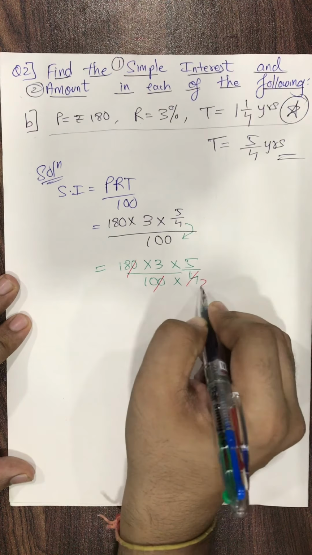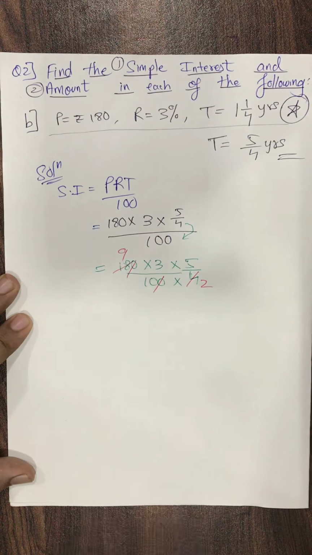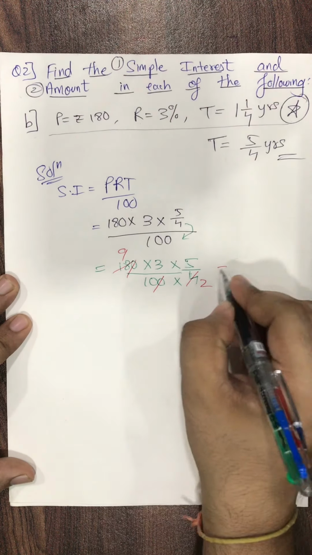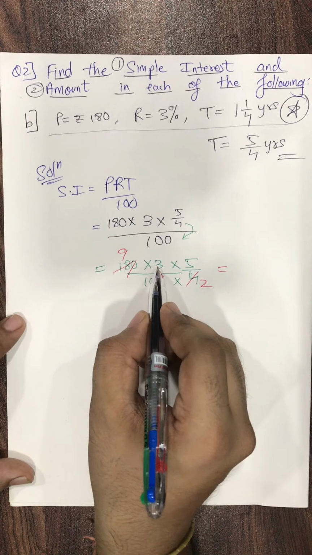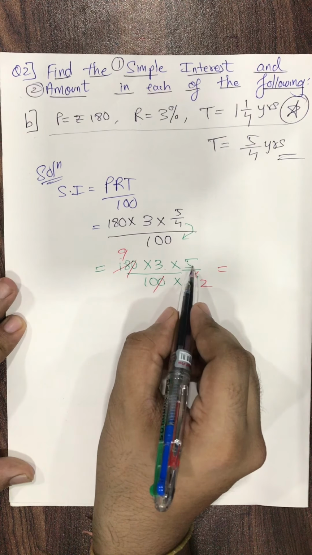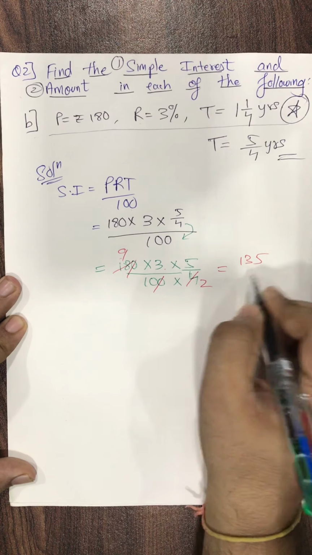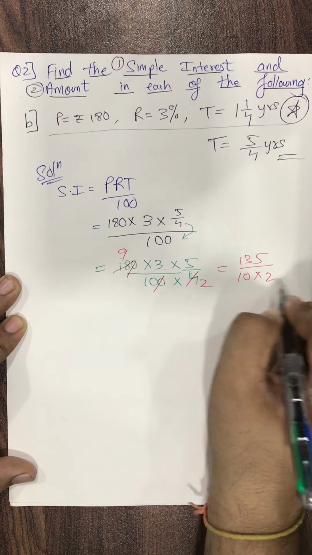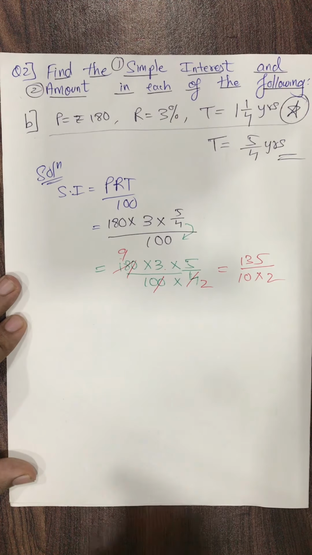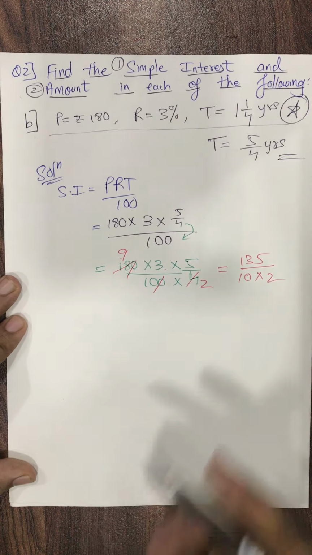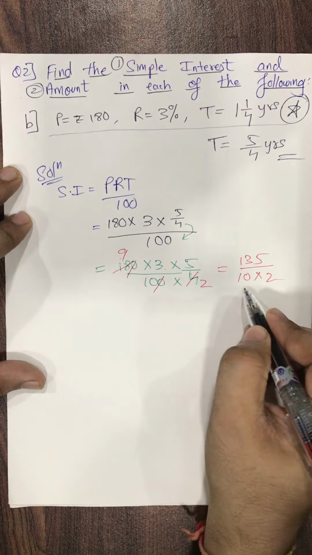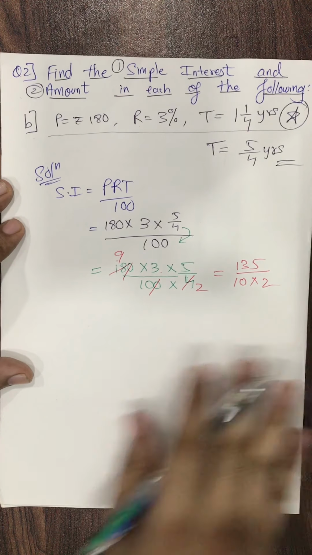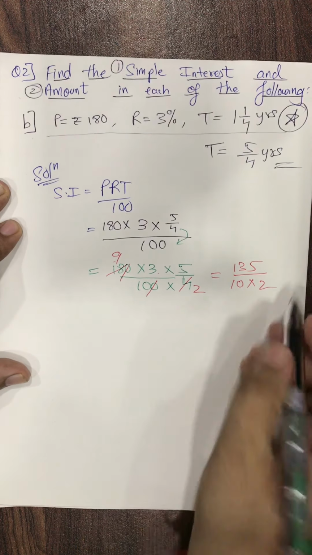2 2s is 4, 2 9s. Now 9 3s is 27 students. And when 27 multiply by 5, you will get 135. 135 upon, down we have 10 multiply by 2. Now please see this calculation. Don't disturb this 10. I know 5 2s is 10 and then 5 can be cancelled, but then also 2 will be left below. So please don't disturb that 10. Now I'll do with the 2.